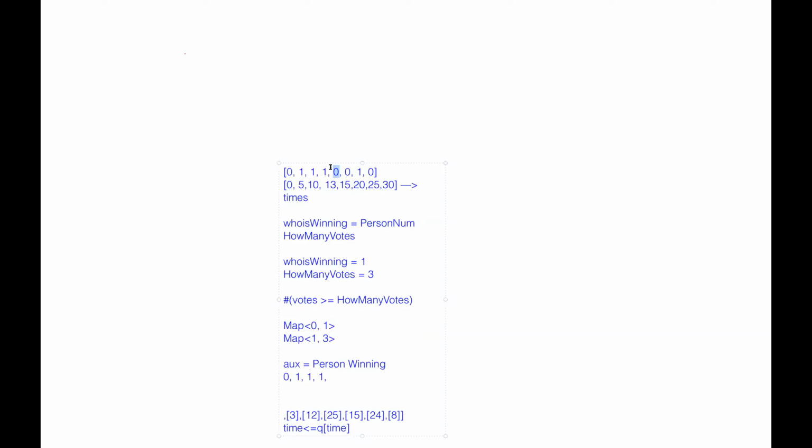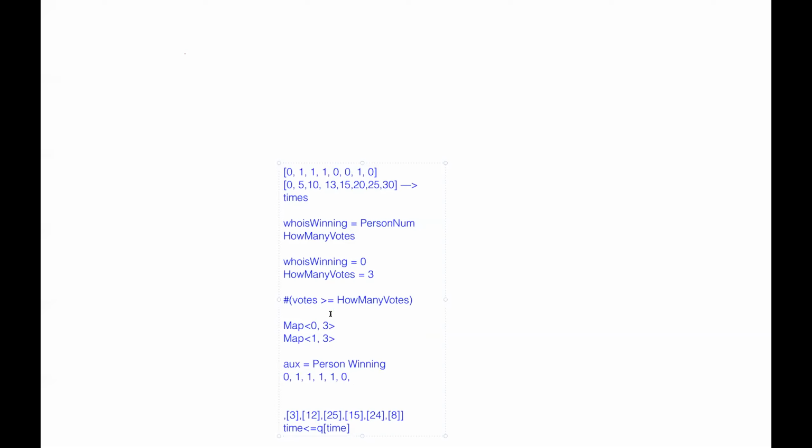Now the 0 comes, so the map basically becomes 2. And this is definitely less than how many votes, so I will just update who is winning. It is 1. This is what the case was. After this 0 again comes, so for this 0, number of votes for 0 becomes 3. And now it is greater than or equal to 3, which is a tight condition, so I will update this to 0. And who is winning is basically 0.